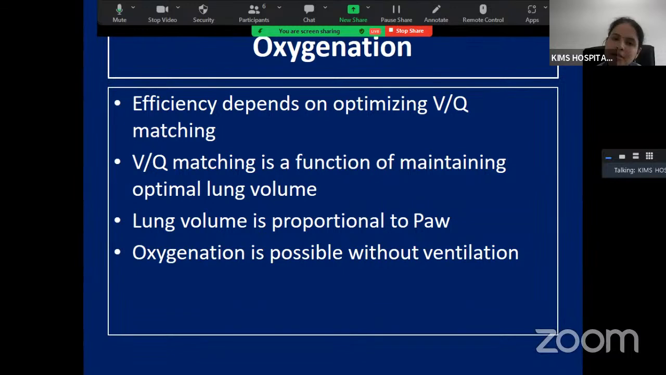So we will now move on to oxygenation in high frequency ventilation. Oxygenation efficiency depends upon optimizing the